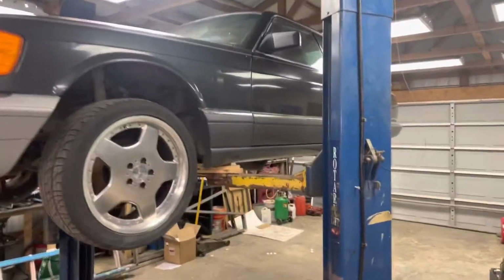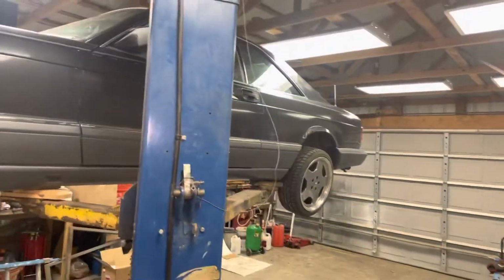560 SEC up on the hoist. Let's take a closer look at this fender. I want to show you guys underneath. It's actually a really nice condition in my opinion. Well, obviously this is bad and it's in the 2 layers, so I have to cut this entire flare section